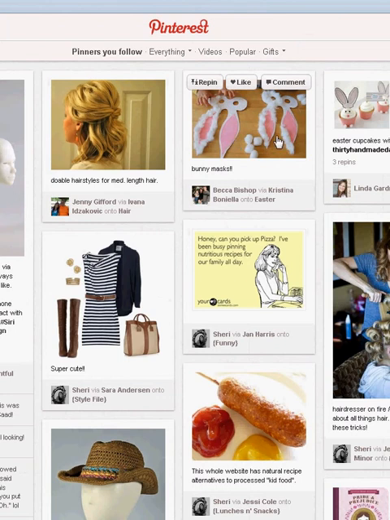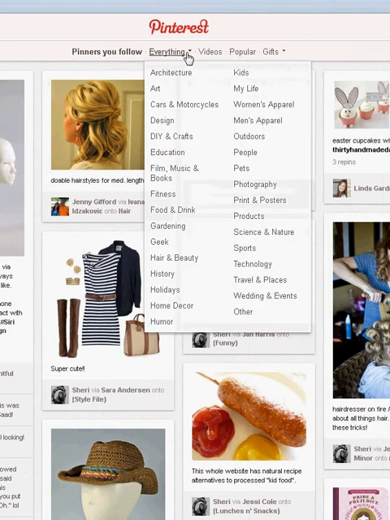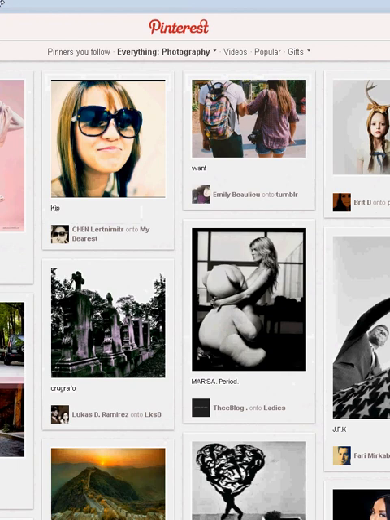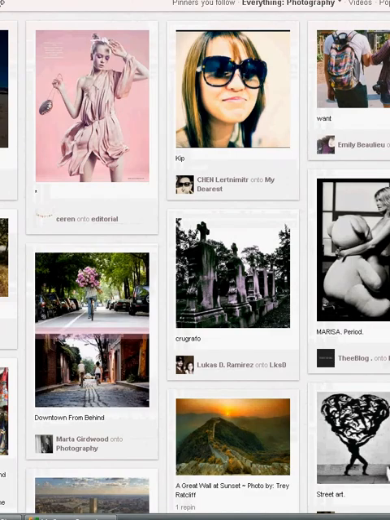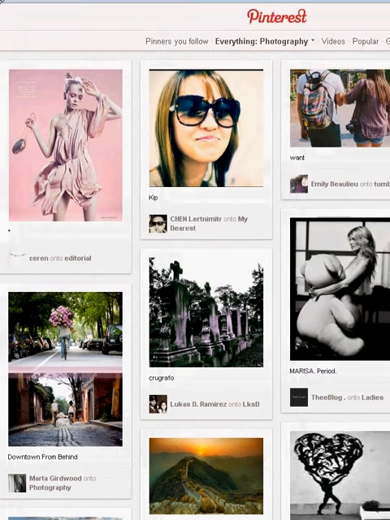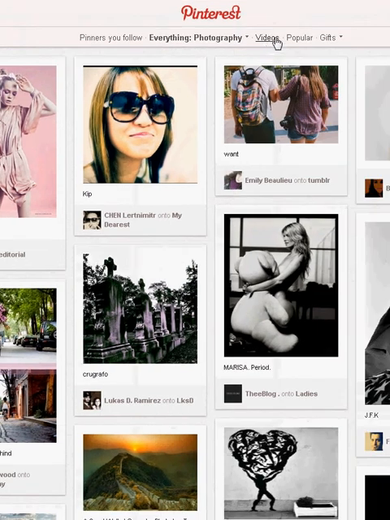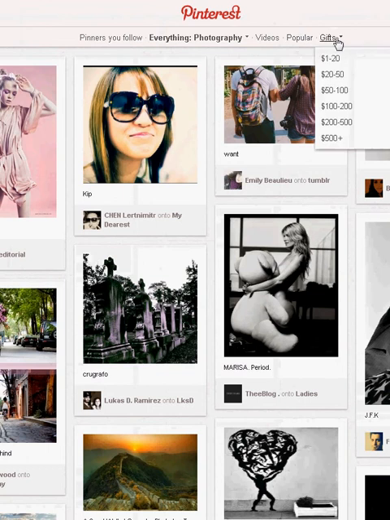that are my friends. Now if I want to find other pins from people that I don't know, maybe I'm interested in photography, I go over here to everything and this drop down menu opens and I'm going to click on photography. And now what this does is it opens up every pin that's been tagged as photography from everybody on Pinterest. So you can find a bunch of new really fun stuff. There's also videos, there's popular, which are things that have been pinned the most, and then there's also gifts, and you can look at them